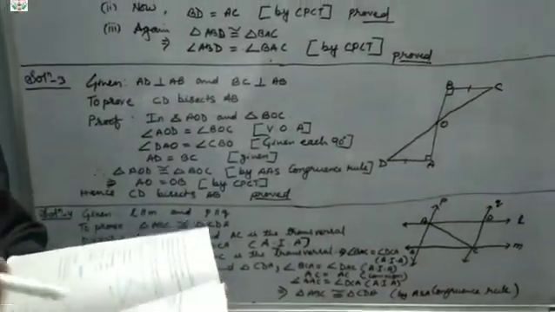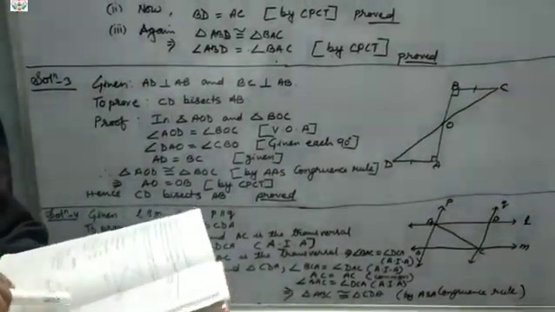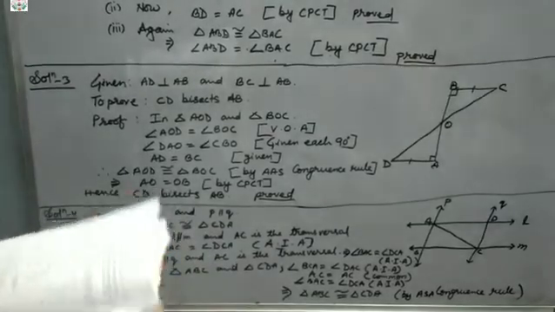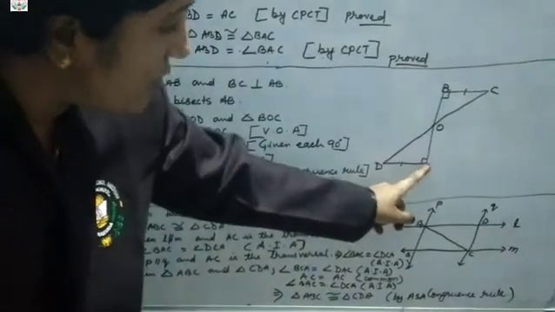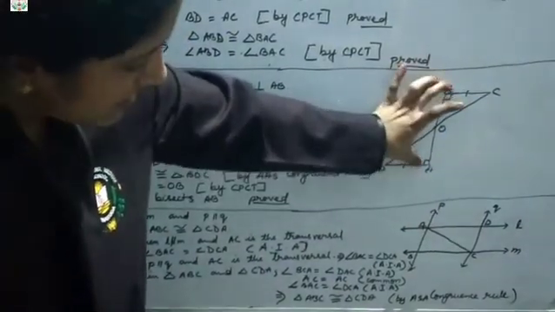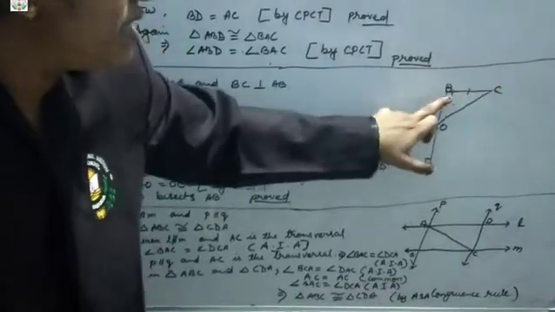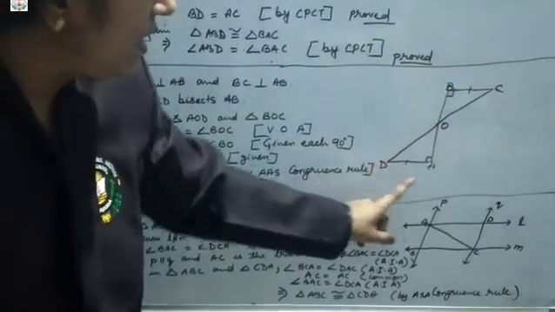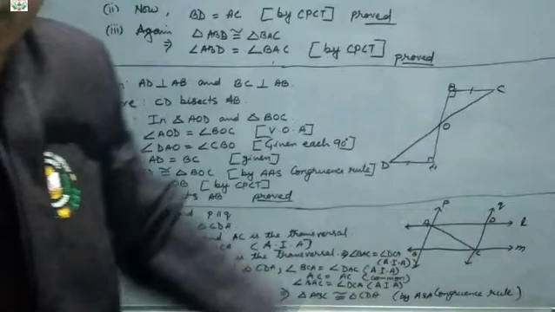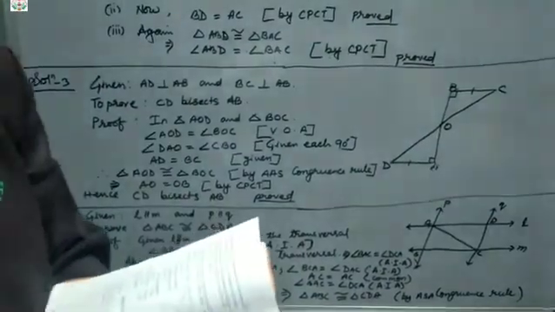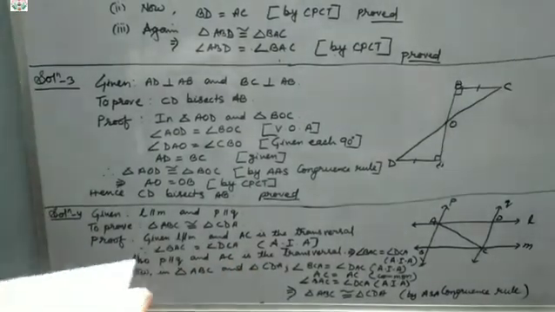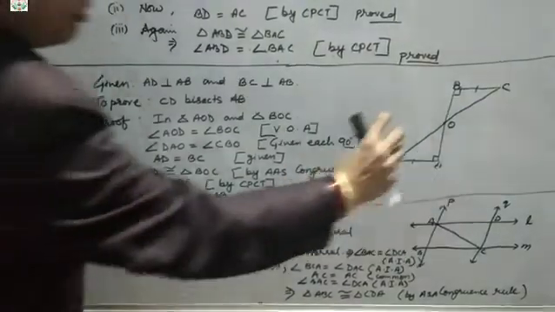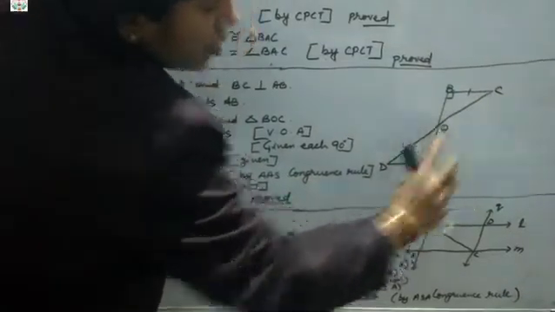After that, let us move to the third question. So the third question is AD and BC are equal perpendiculars. You can see the figure. This is perpendicular on AB and this line is also perpendicular on AB. AB is a line on which BC is a perpendicular and DA is a perpendicular. Clear? That is the question. Perpendiculars to the line segment BC, so that CD bisects AB.